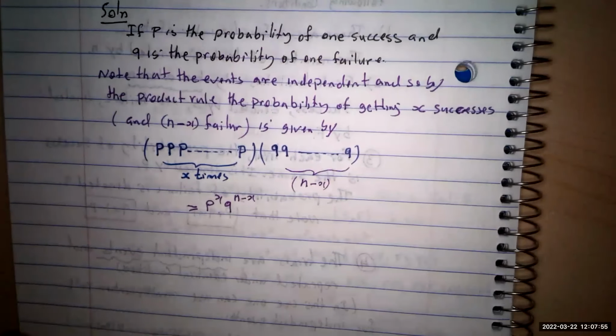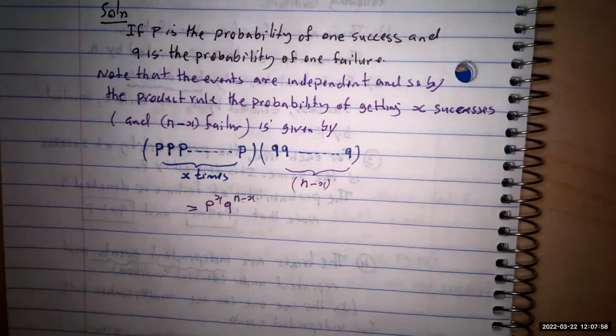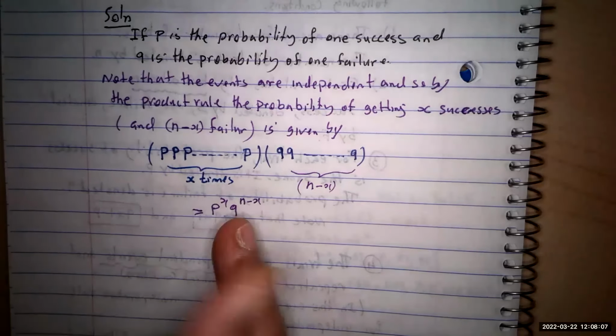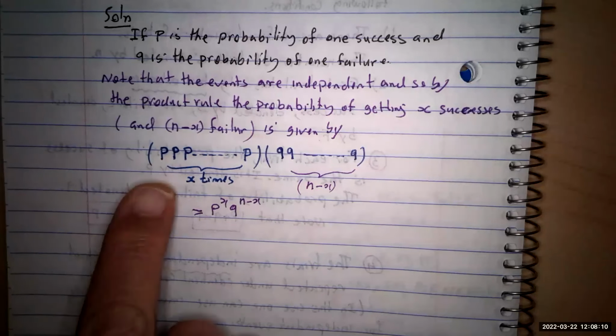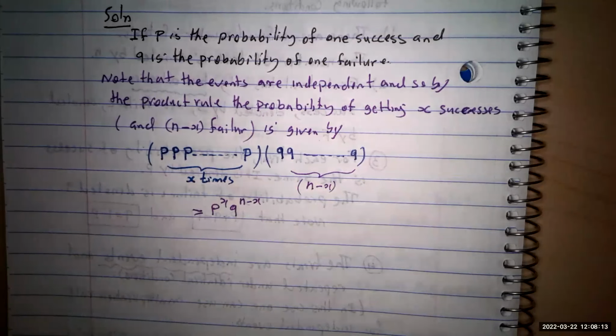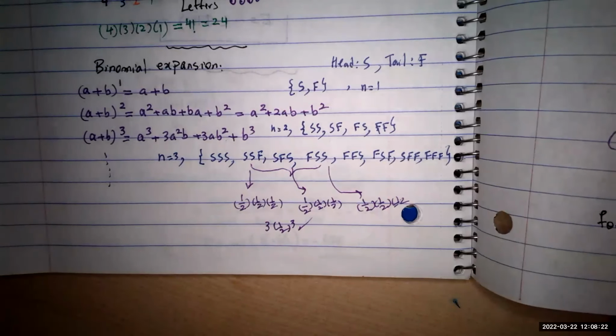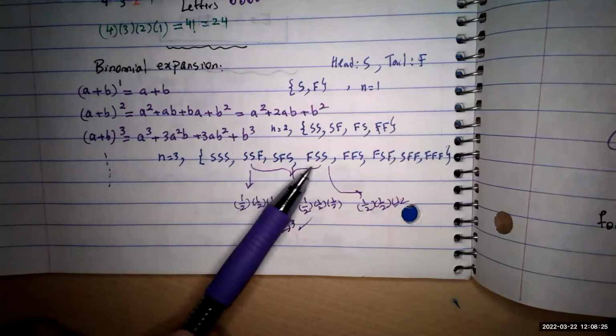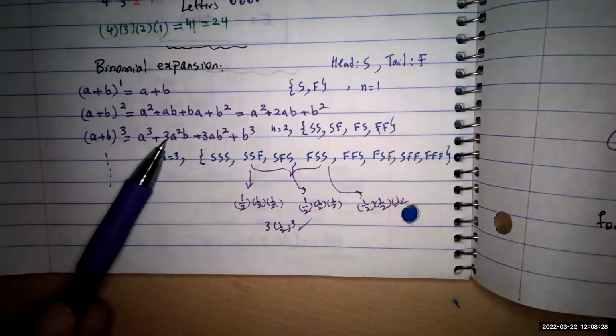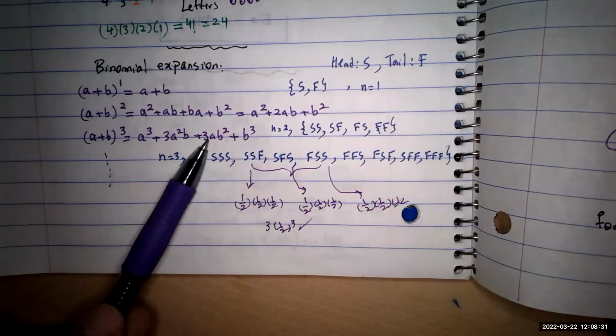This is the probability of getting X successes out of N trials. But remember the way I did it over here for you. There are different ways that you can get these successes and failures. It's not going to be just that. You may switch, you may get a failure first or the other way around. As I did it over here, there are different ways that you are going to get two successes. For example, you see 1, 2, 3. That was the one. The other one that you get two failures is going to be 1, 2, 3. So how many times are we going to see this? This can be done with that formula that I gave you,